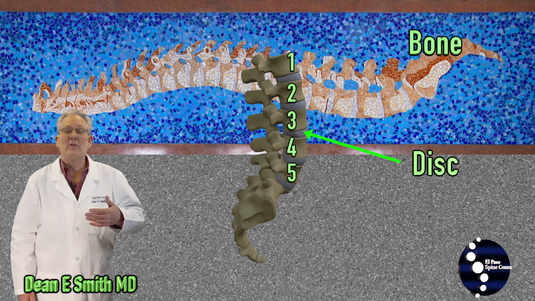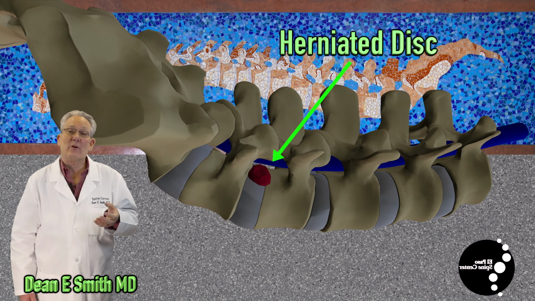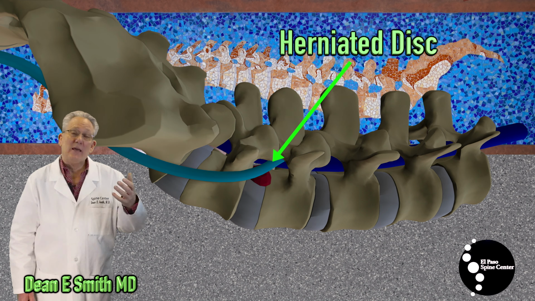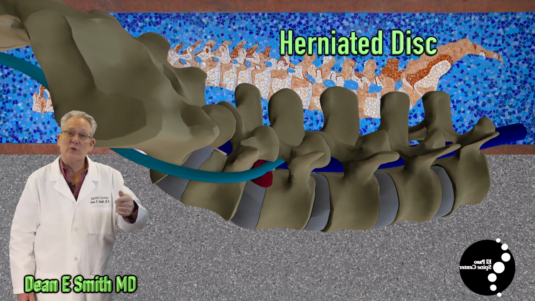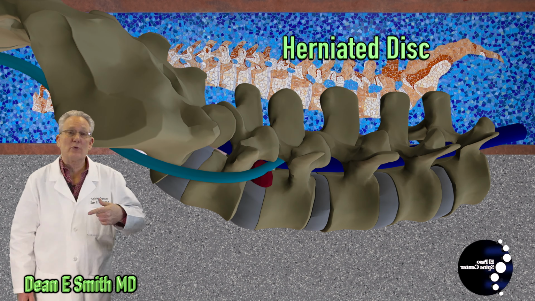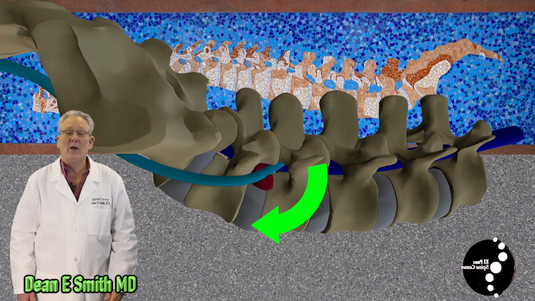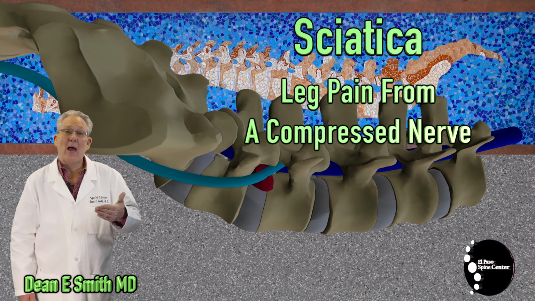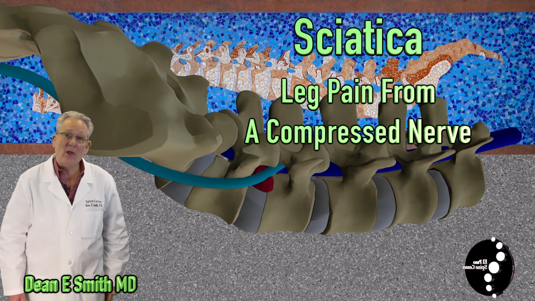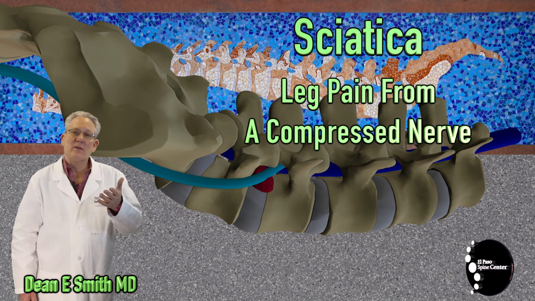The outer portion of the disc is composed of a strong ligament called the annular ligament. If the annular ligament is torn or damaged, some of the internal disc material can herniate out into the spinal cord or associated tissue. The herniated disc material can pinch one of the nerves as they exit the spinal cord. That will produce pain in the back, buttock, and down the leg, and the pain radiating down the leg is